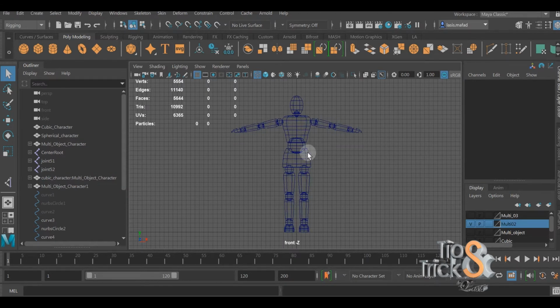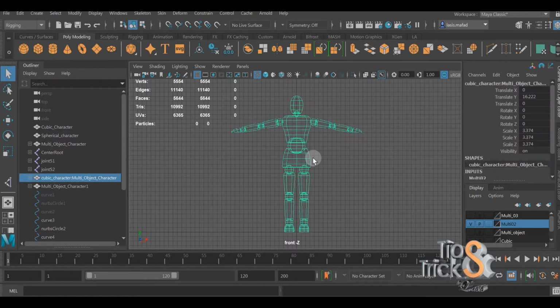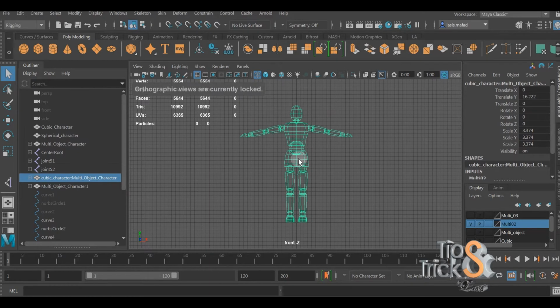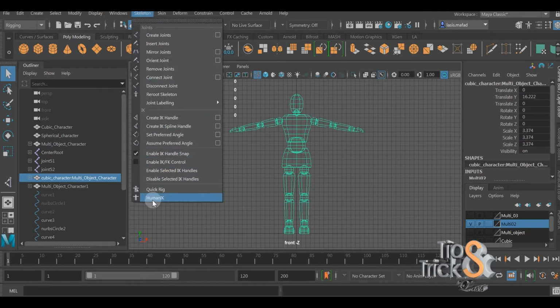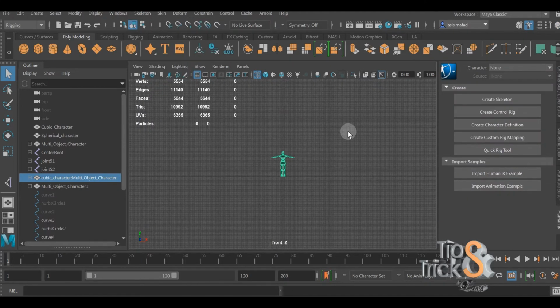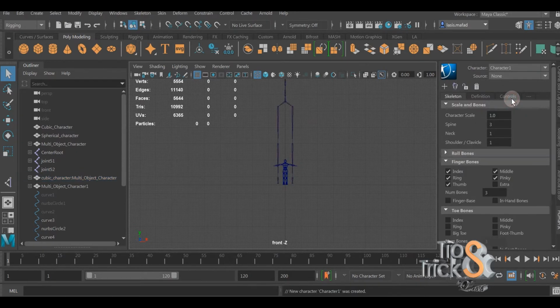So now that I've told you that I didn't mind my scale when I created the character, let's try to use the human IK. You have here a shortcut or a toggle for the character controls, but let's use this one. We have an option whether to use quick rig or human IK. So let's try human IK first. This is how it looks now. You have parameters here like create skeleton. However, when I press create skeleton, look at how big my skeleton is. The reason for this is because